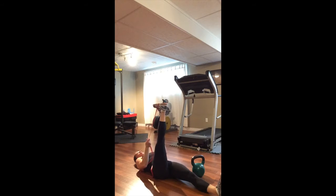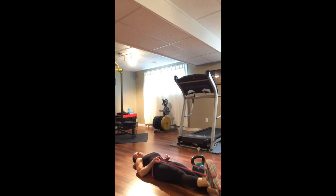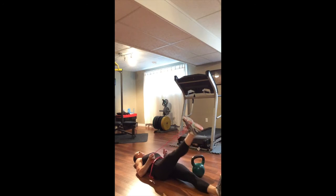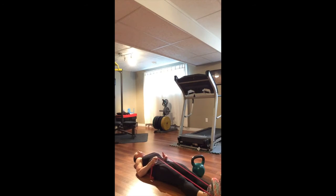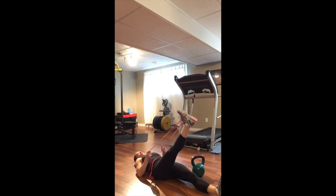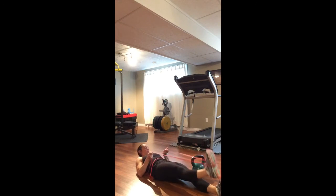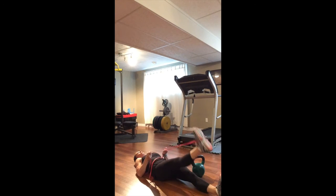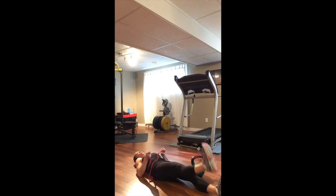Holding here with the hands, you're just going to squeeze the glute and extend the leg until the heel comes down and touches the floor, and then you're going to resist coming back up. So squeezing down for 2, 3, 4,